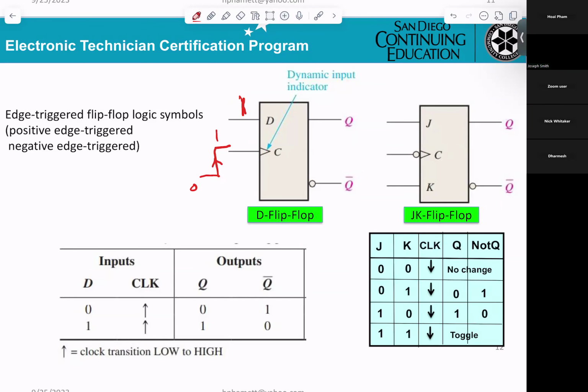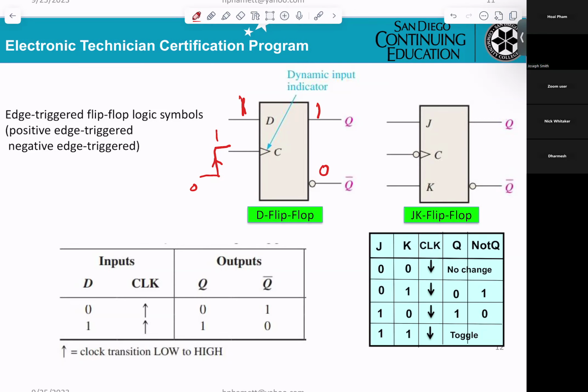Then Q equals 1 and not Q equals 0. If the clock equals 1, the output cannot be changed. Or if the clock equals 0, they do not change. They have to get a transition